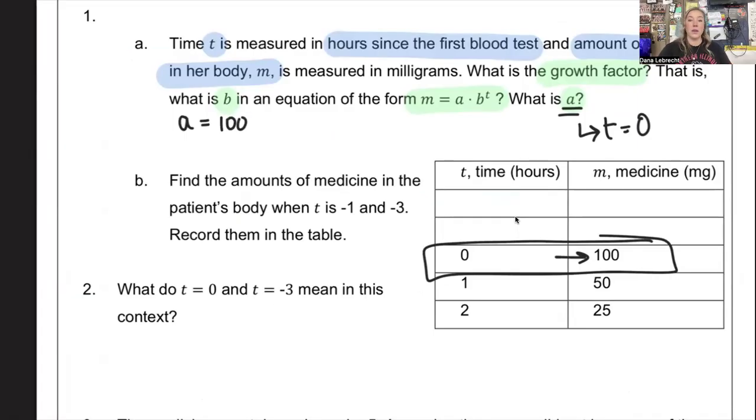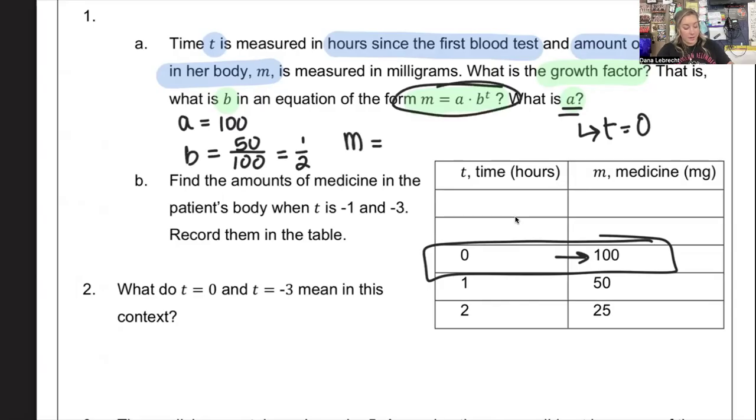Then to find our B value, or our growth factor, we can divide what do I have after 1 hour, which is 50, divided by what did I start with, which is 100. And that's going to give me 1/2. So my growth factor is 1/2. So if we want to write an equation in this form, we have m equals 100 times 1/2